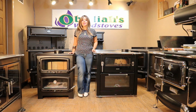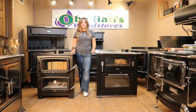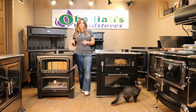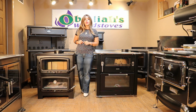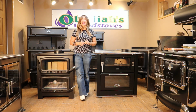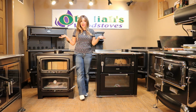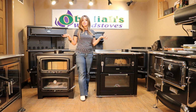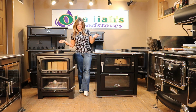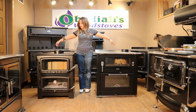And today I am going to do a product comparison for you guys between the Nectre N550, also known as the Vermont Bun Baker XL, and over here I have the Rizzoli ML80. So I want to talk to you guys about the differences and do an overall comparison. As you can see, they are both stacked models and they're going to be pretty similar in the